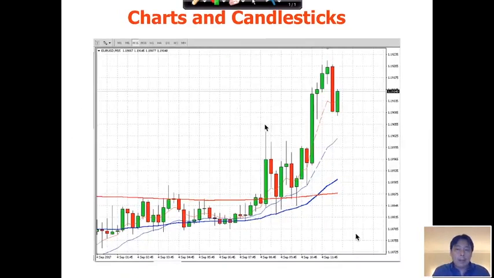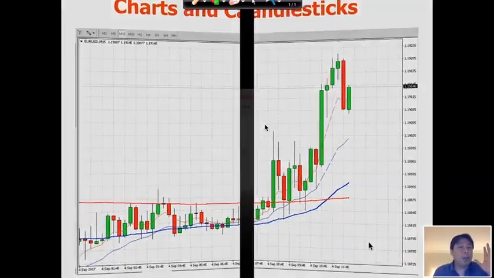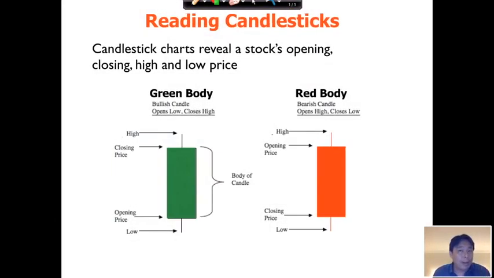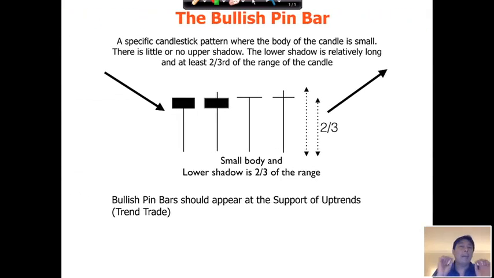Now there are many kinds of candlestick patterns and many names given to them, right? Bullish engulfing, bearish engulfing, morning star, evening star, and many of them. But for the purpose of making money, and for the purpose of me showing you my strategy, all we're going to be concerned about for Forex using my strategy are the pin bar patterns, because it's the only pattern I use when I trade Forex. I don't like to overcomplicate things. I like to focus on one approach and make money consistently. The pin bar pattern.